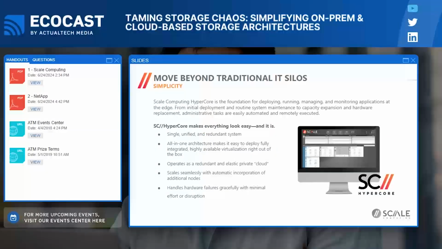So really what we're looking to do is get the data beyond the traditional IT silos and have something that is as easy to manage as you would with cloud storage, but with a lot more insight into what's going on under the scenes. Really, you have a single unified redundant system, and everything is redundant. The storage is distributed among all of the nodes. There's no single node, single drive, etc. in the entire setup that would have only one copy of that data. So the data is distributed such that really hardware becomes a secondary concern.